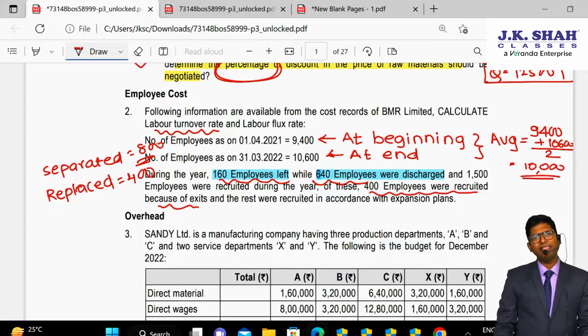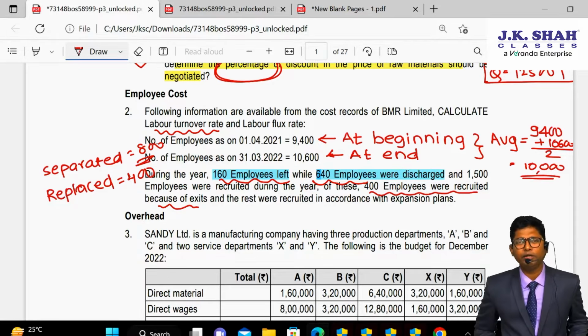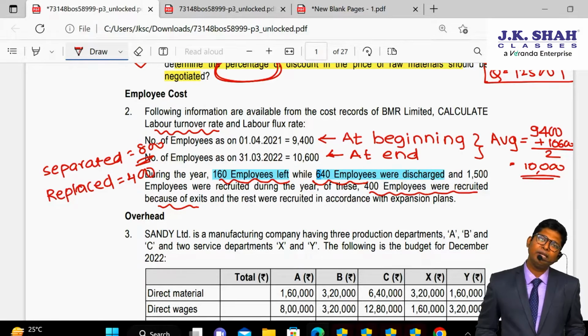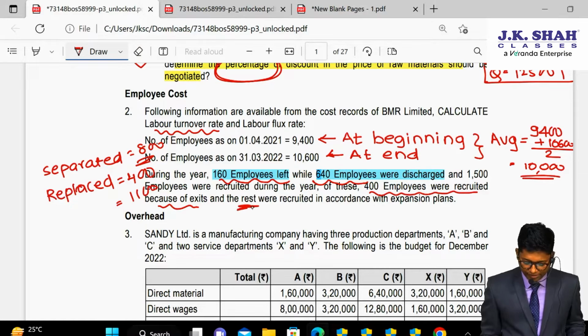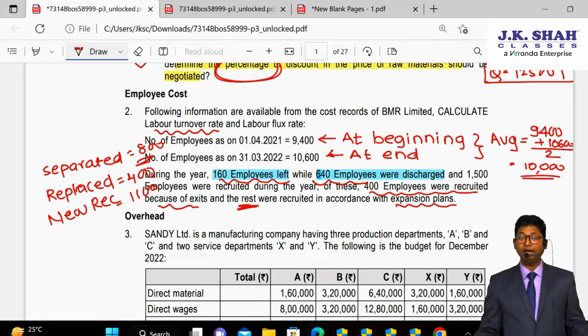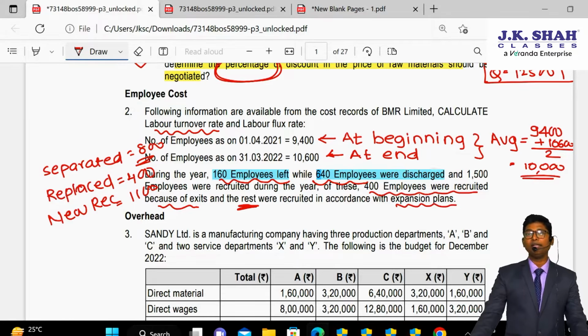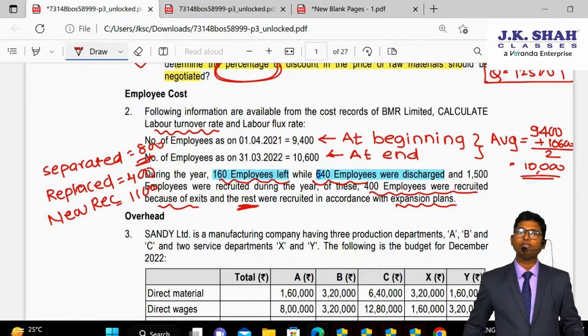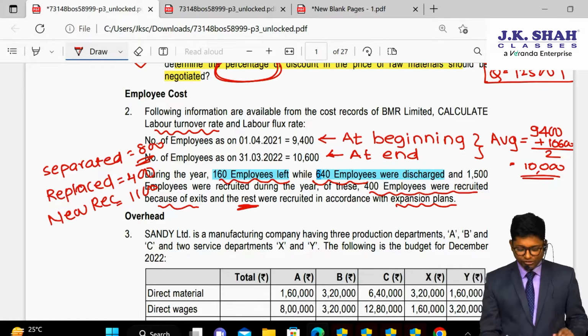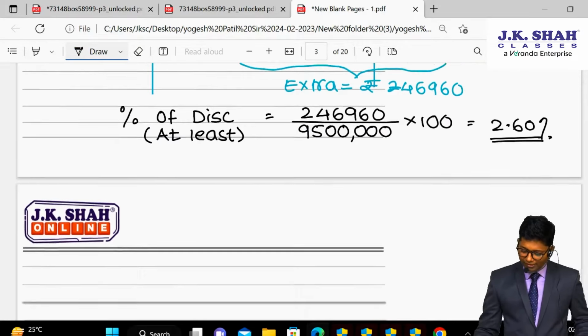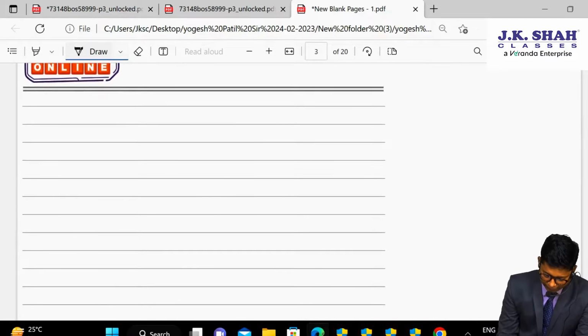But sir, 1,500 employees, and you are saying only 400 are replacements? Yes, which means the remaining 1,100 are new joinees, new recruits for the company, and these 1,100 employees joined your organization only and only because of the expansion plan. If you are solving this sum using all the methods of employee turnover, then the very first method